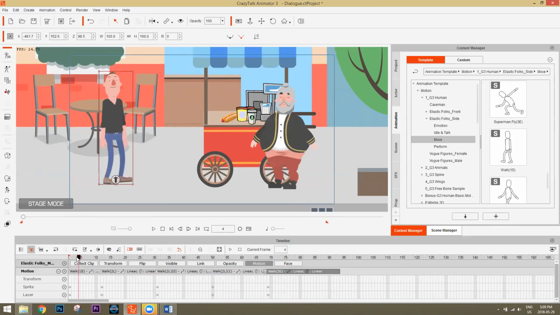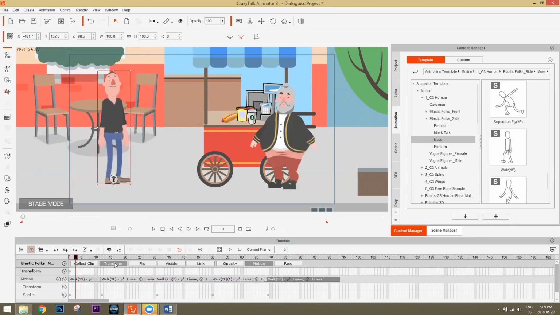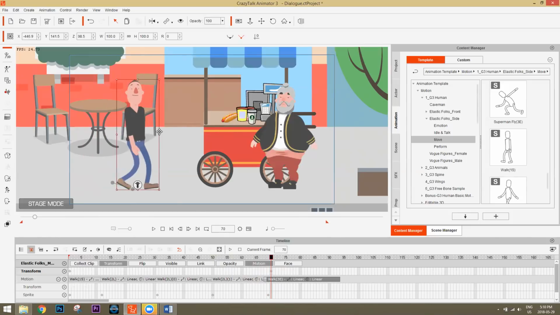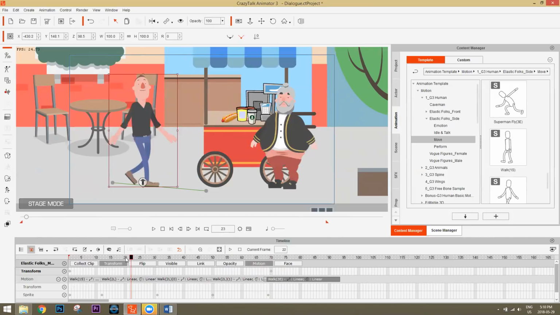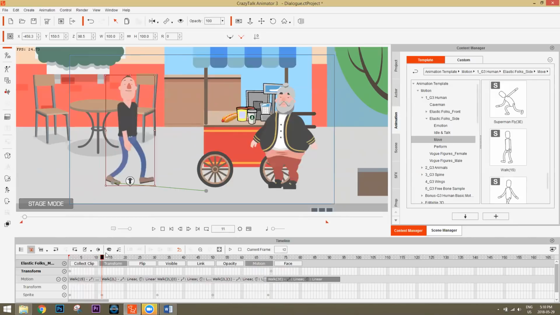So separate clips. What we want to do is worry about the transform position, at the position of your character on the screen. So let's go ahead and right here, we can actually just start from the very beginning, okay? And as he takes his last step, which is, you can see his left foot takes the last step right there, that's when we want our transform position to end. Okay, so we're just going to move our character, click and drag him and move him over here. Okay, so if we play back then, you can see our character will walk from here to here.